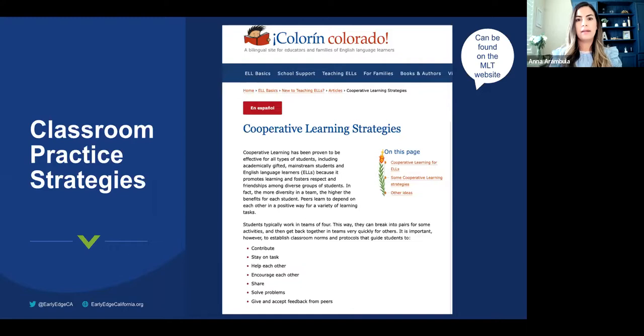This assignment here, again, can be used for online and in-person teaching using the same assignment format. Now, this article here introduces many different ideas and structures to help a teacher define group learning goals. This provides multilingual learners with opportunities to work with peers and build both content and social language skills. So an example of how this can be used is to, again, provide students with the link to the handout, ask students to read the handout, and after they have read that handout, ask them to list and describe 3 strategies they hope to implement in their classrooms to support children's social and emotional health that they learned about that